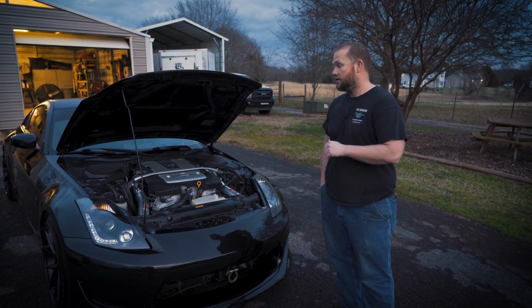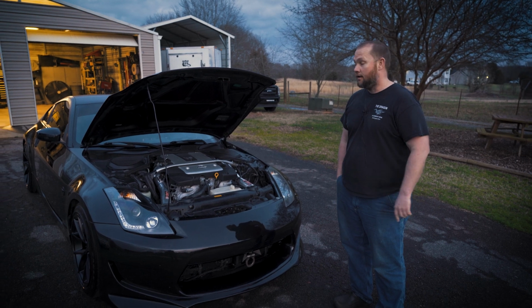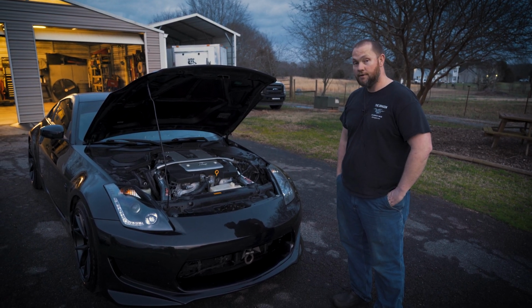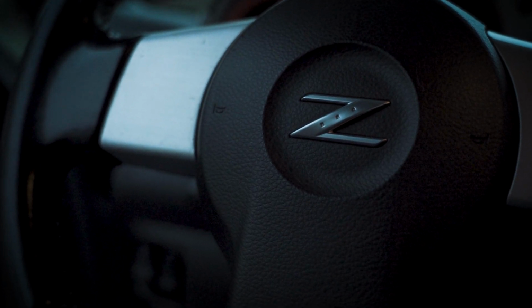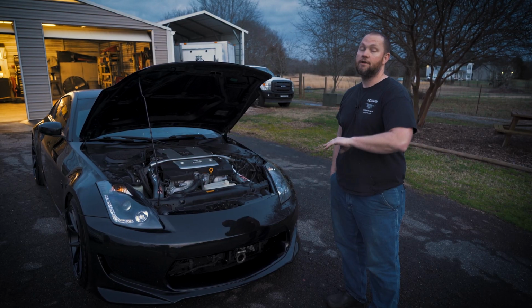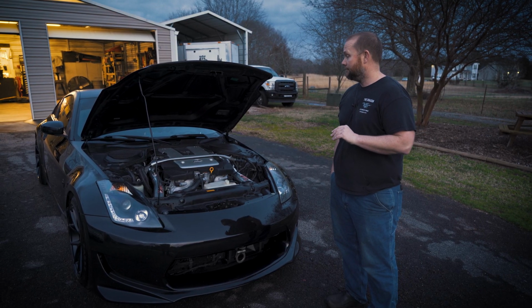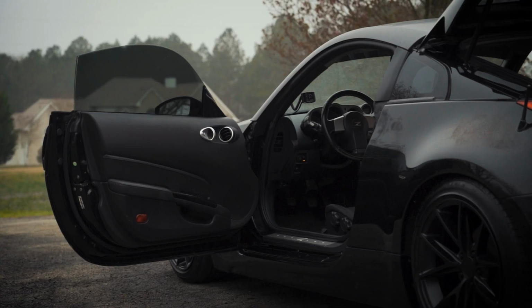You get your upgraded sway bars, you get your aftermarket seats if you want to. You can do turbos if you want to, but I kind of go against that. Have you ever seen Donut Media, their 350Z builds and everything? They actually say in there that they had a lot more fun with them before they turboed them. But they even say they kind of ruined the cars after they did that. But,